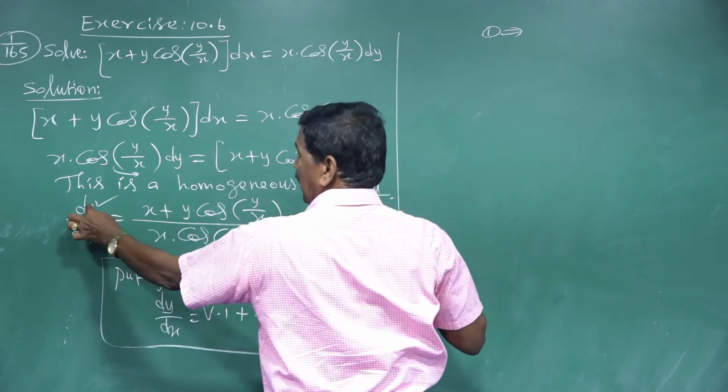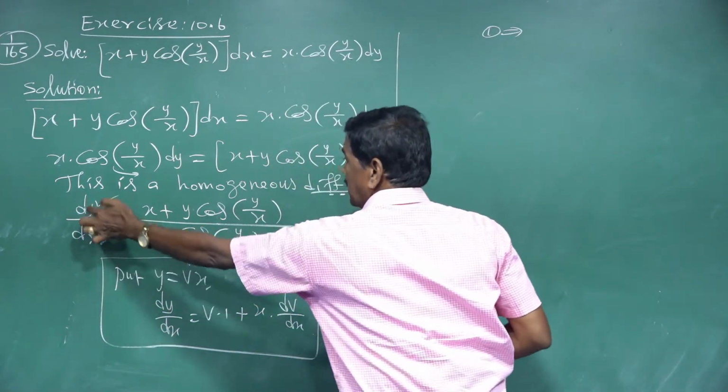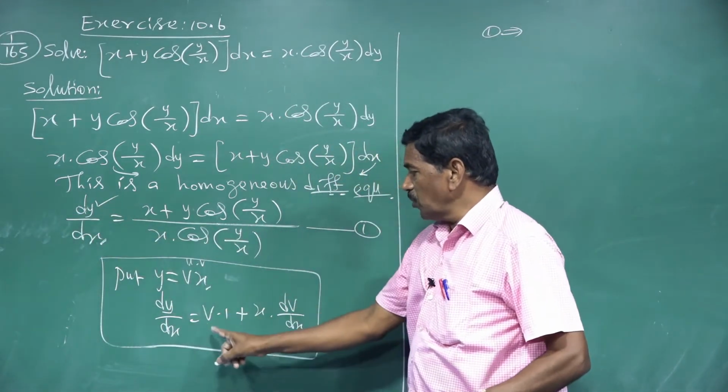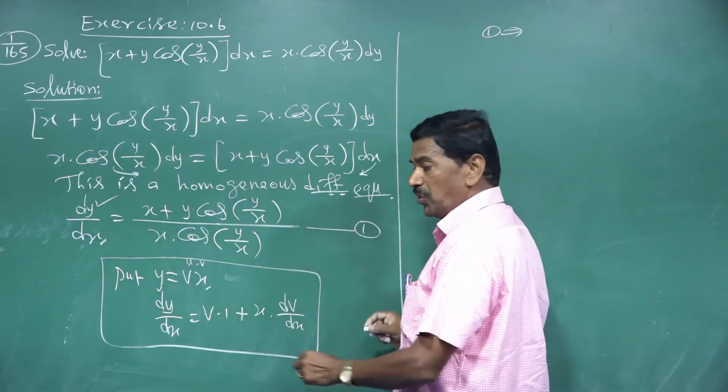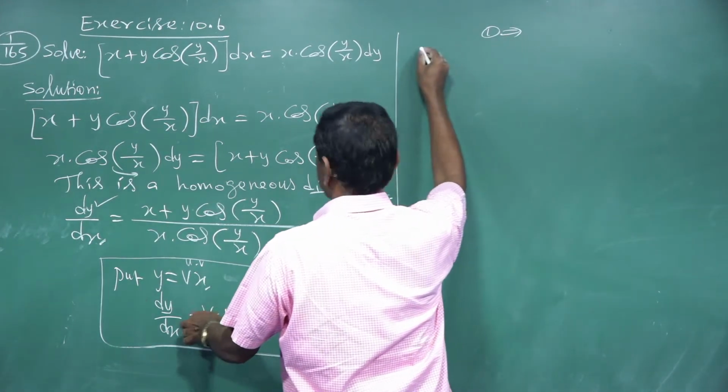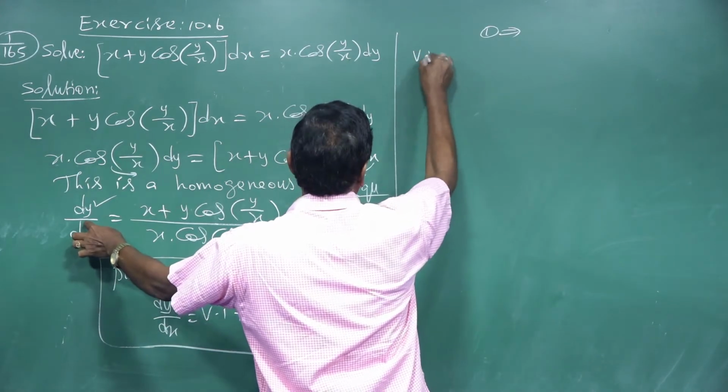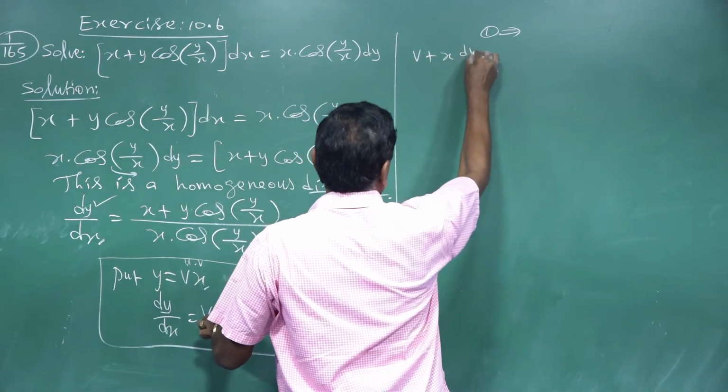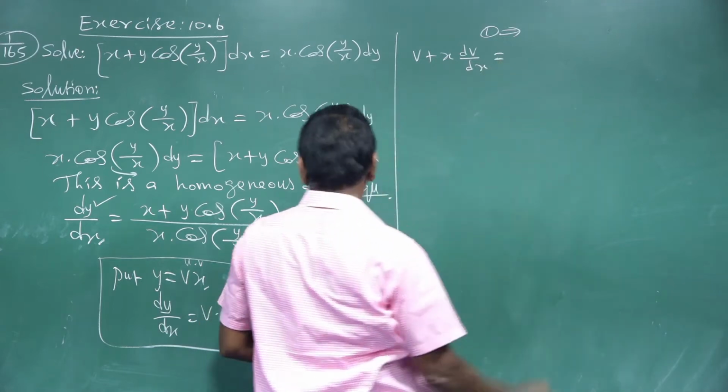dy by dx. What is dy by dx? Yes, dy by dx is equal to v plus x into dv by dx. That is the LHS. The LHS becomes v plus x into dv by dx, which is equal to